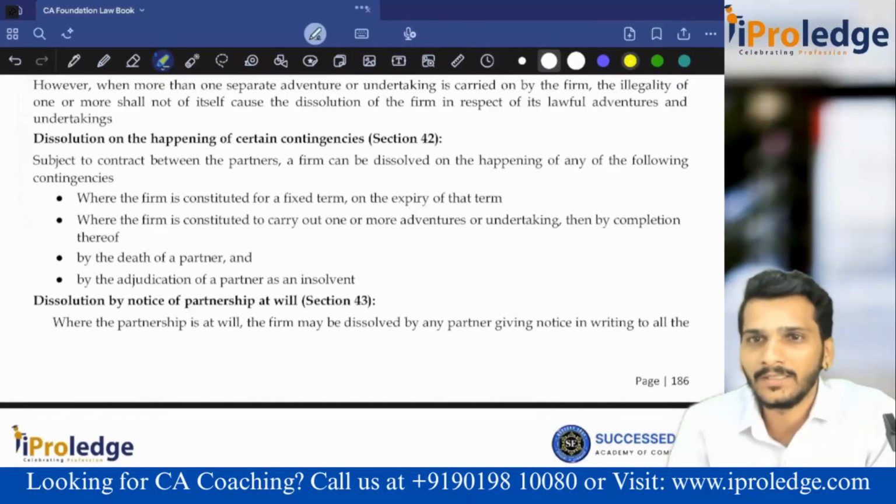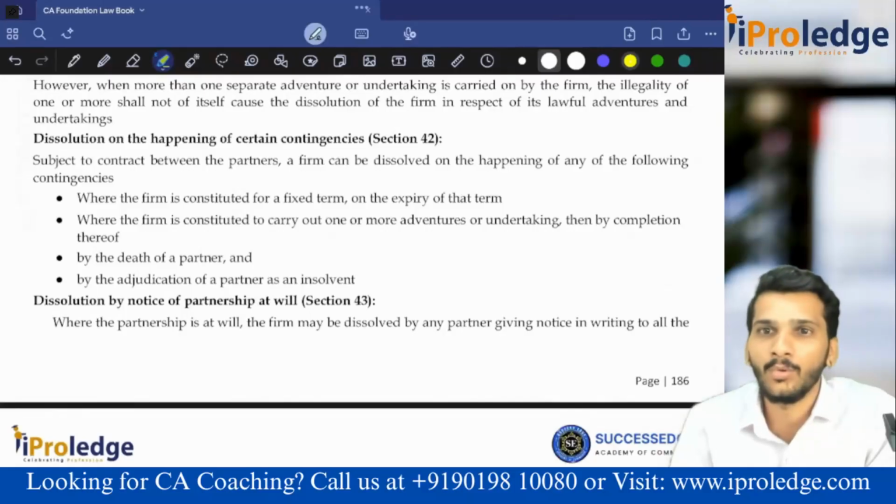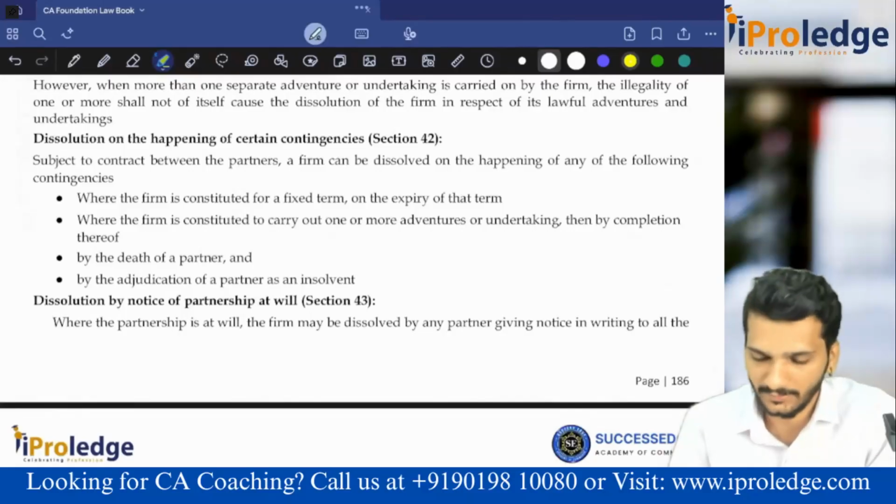For example, consumption of drugs is illegal. That is mentioned, so we can call it illegal. What is unlawful? The sale of alcohol on the days of Republic Day, maybe. That is unlawful, not illegal. Law does not permit it on that day. Gandhi Jayanti, October 2. Yes, right answer. Convincing answer.